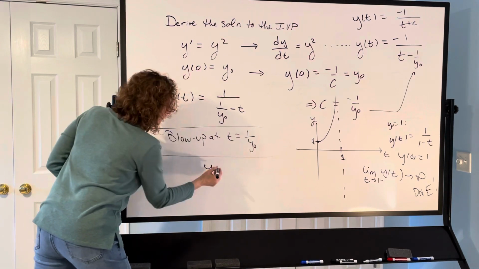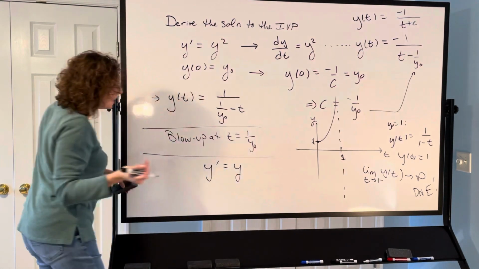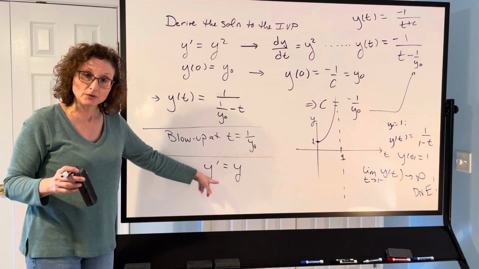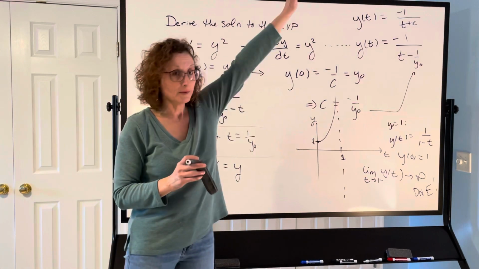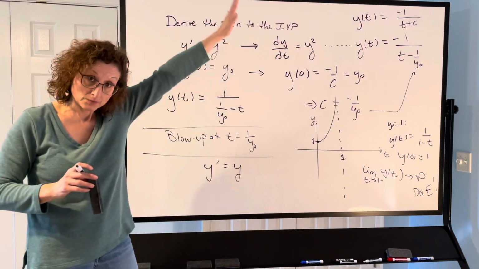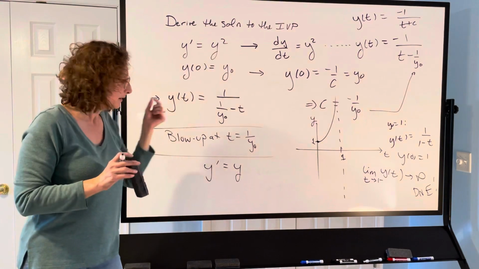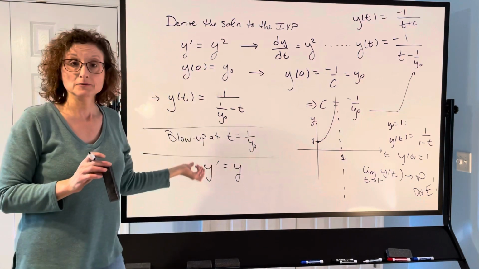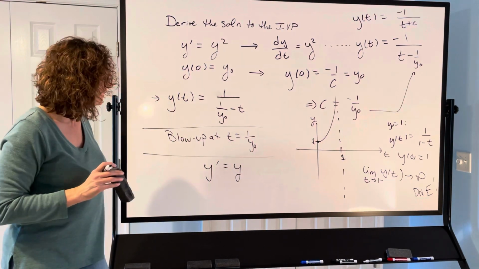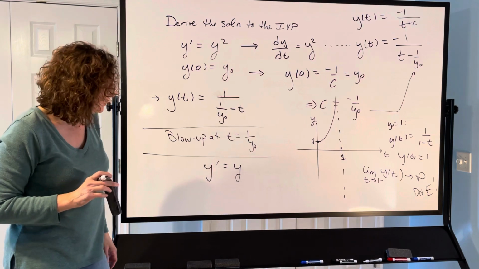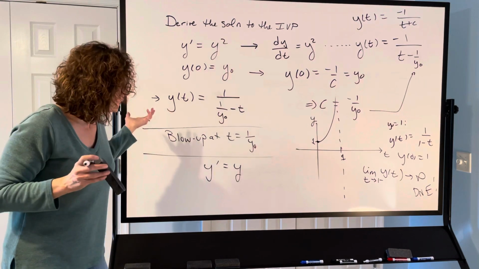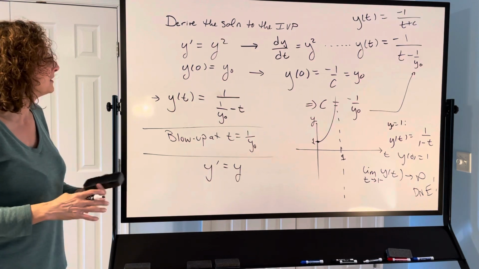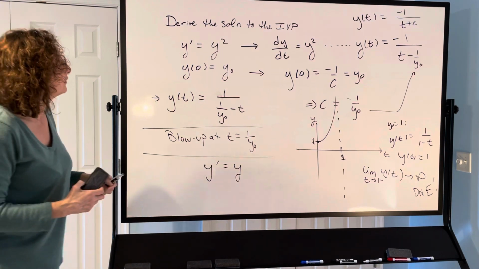If this were a linear ODE, like y prime equals y instead of y prime equals y squared, we know this is an exponential growth solution, right? As t goes to infinity, solutions grow unbounded, but there's no unbounded growth for any particular value of t, right? e to the t. So that's it in a nutshell, a nice, simple way of thinking about the difference between nonlinear